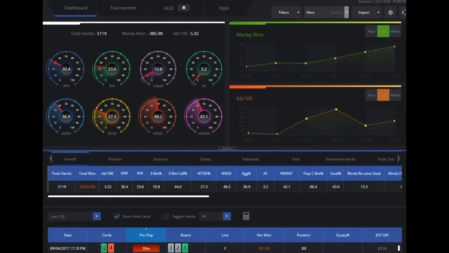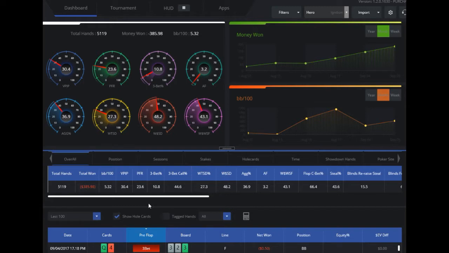So that's possible. Even in this example, this is a range of stakes that were played. So it's winning in terms of big blinds per 100, but at the larger stakes that this person played, there was a small loss. At some of the smaller stakes that went at a higher rate, that's why the big blinds per 100 is high, but the absolute dollars is negative. So all right, first thing overall,